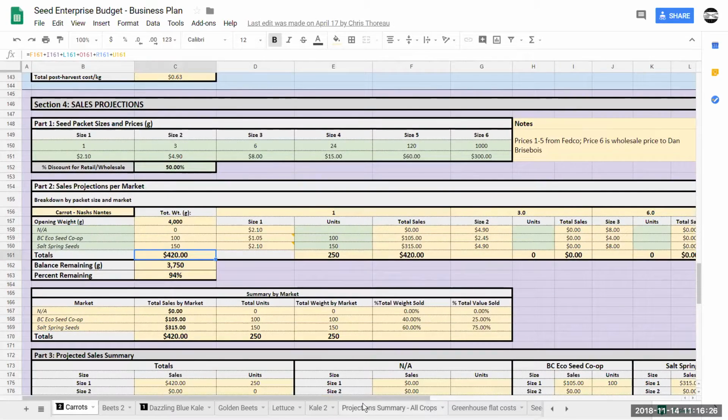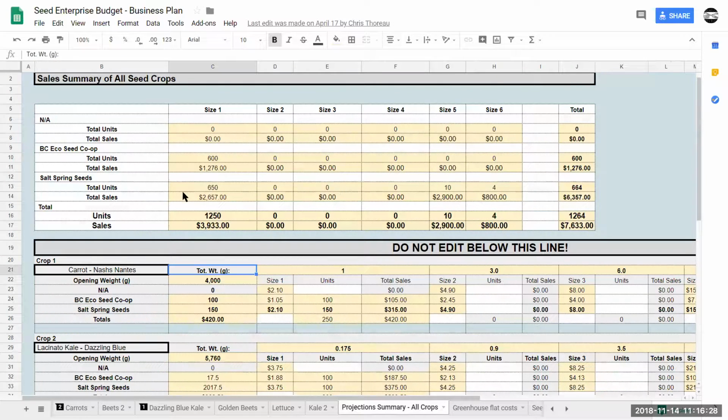This one here as well, this has changed a bit, but you can see it summarizes things here for all the crops that are listed. And so we know our overall sales end up being about $7,600. So there's a lot of detail that goes into things. The more you use the spreadsheet, the more intuitive it'll become, and the better you'll be able to use it for doing estimates. And over time, of course, you'll just know which crops make you money and which ones don't. But hopefully this spreadsheet helps give you an understanding of what it is that's allowing that to happen.